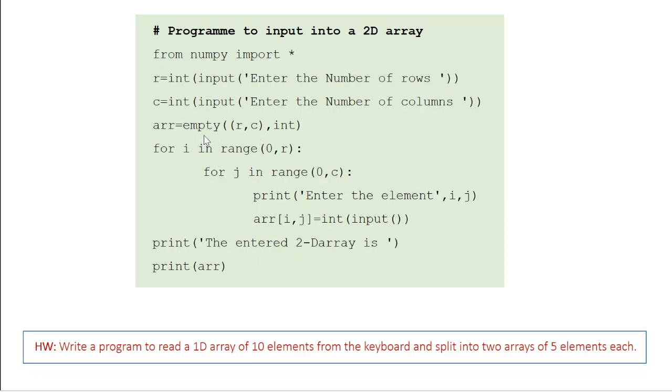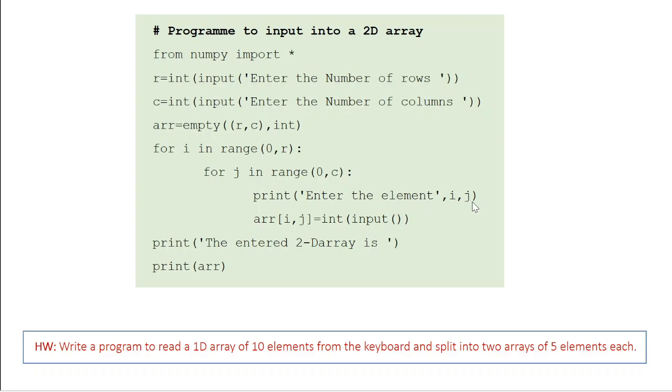Okay. So once you have R and C, let's first define an empty array with the corresponding dimension. Instead of empty, you can use zeros or ones. So array equal to empty R comma C comma int. So you have an R by C two-dimensional array of integers. So once you define an empty array of the specific dimension, now you can modify the elements using a loop. Right? Since you have the 2 dimensions, you need to use 2 loops here. So first loop is for the rows and second loop is for the column. So for I in range 0 to R, inside that for J in range 0 to C,